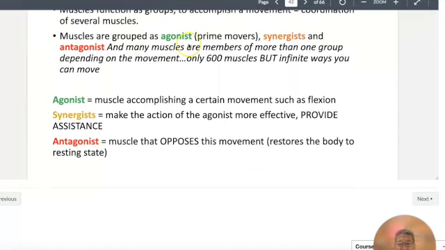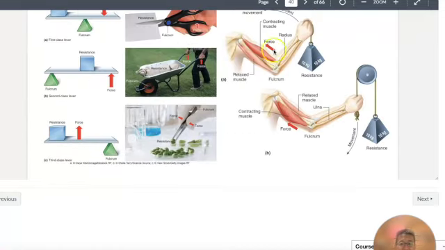Agonist is the primary mover. For example, here is